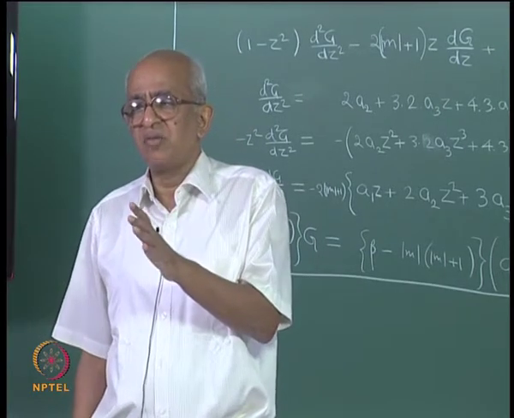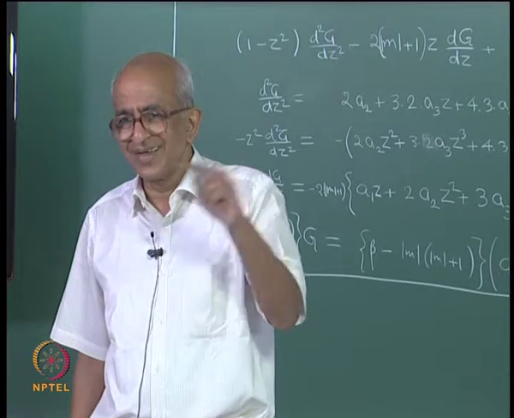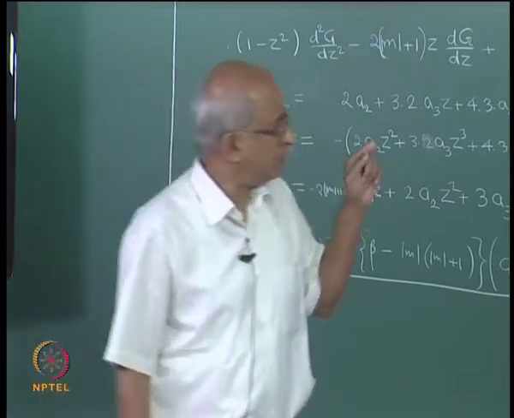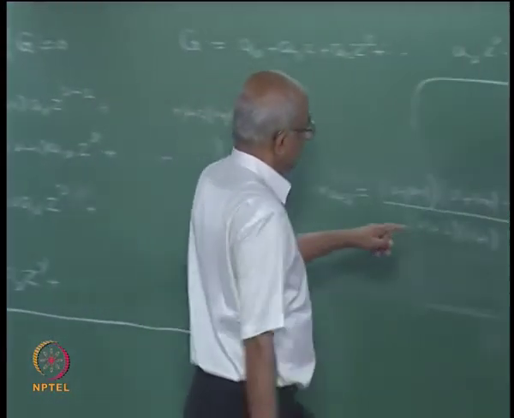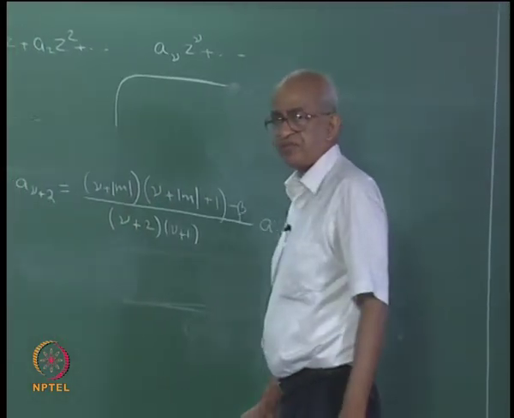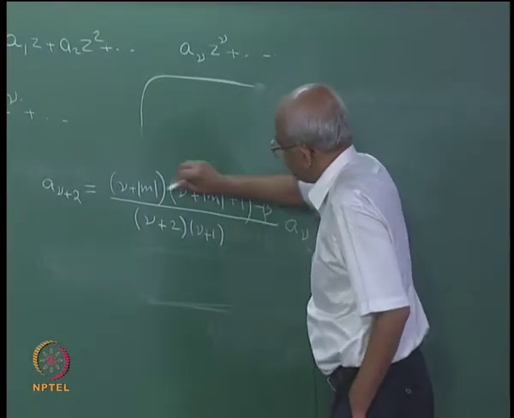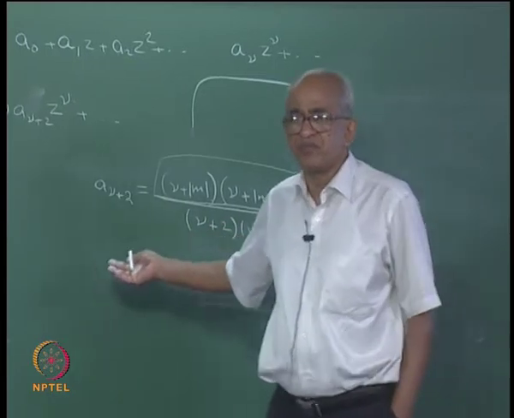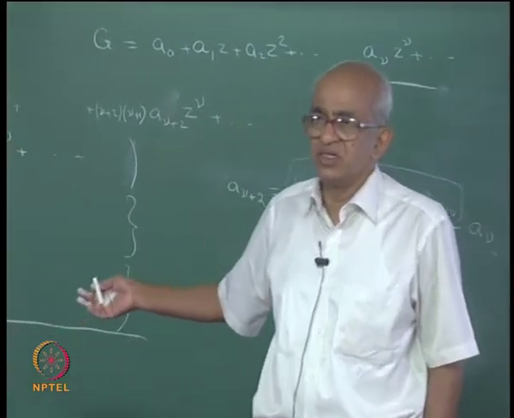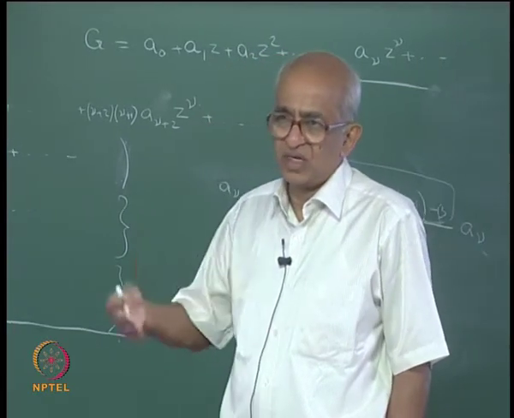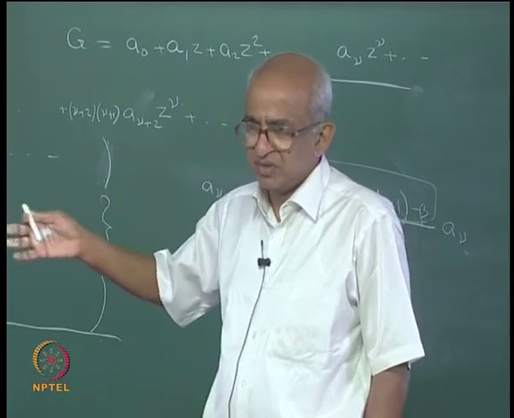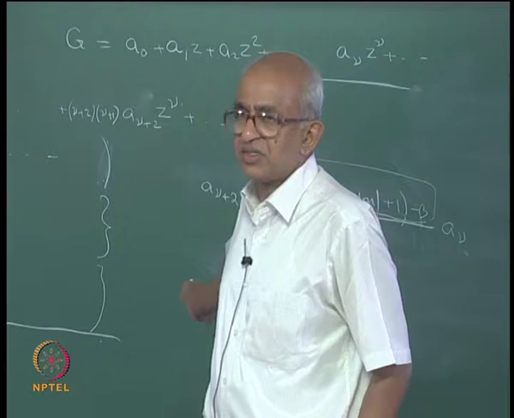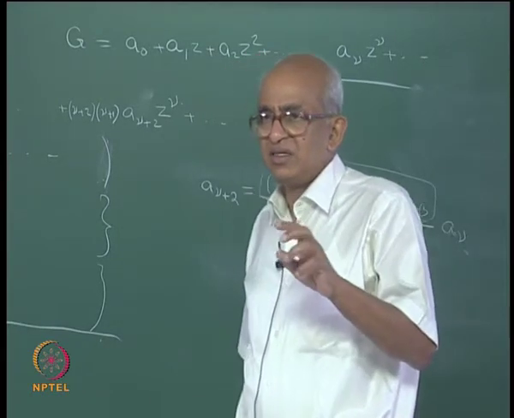Well, you want to have, for example, A4 non-zero, but A6 you would like it to be equal to 0, and that can be satisfied only if this beta, you see this term has to vanish for a particular value of nu, maybe nu is equal to 4 or maybe nu is equal to 3 or 2 or 1 or maybe 5 or 6 or 7, whatever, for some value of nu this has to vanish. And therefore, what is the conclusion? The conclusion is that the value of beta is restricted.